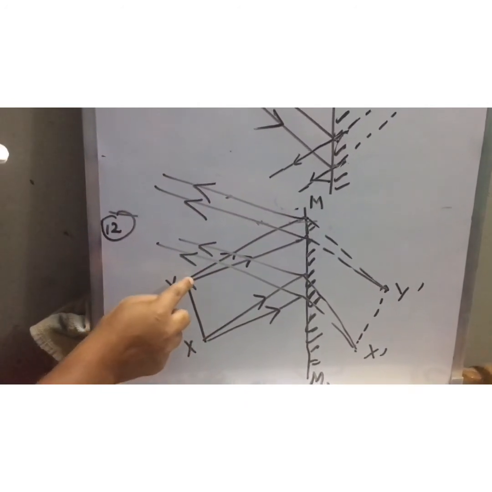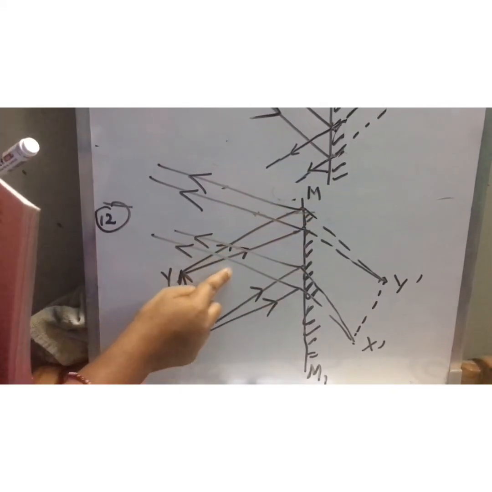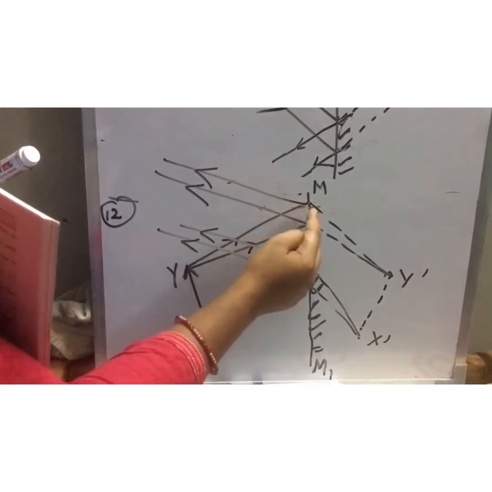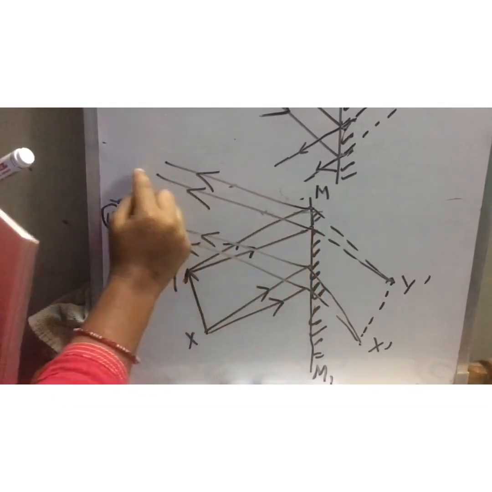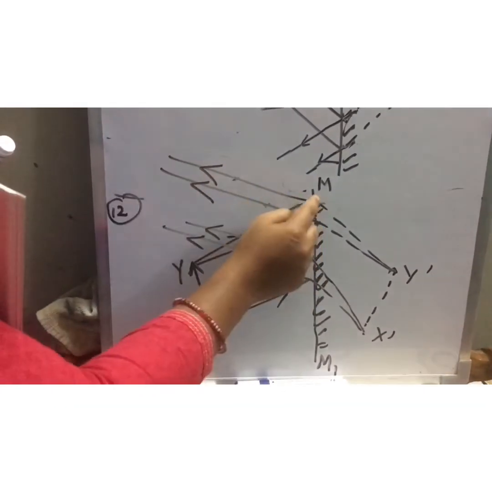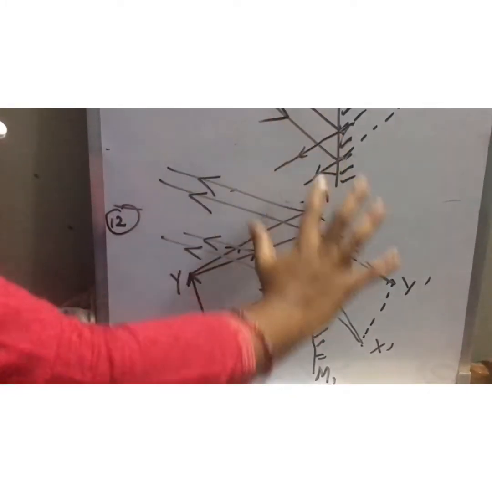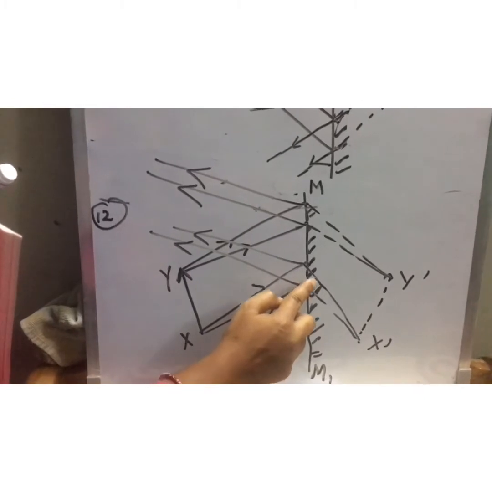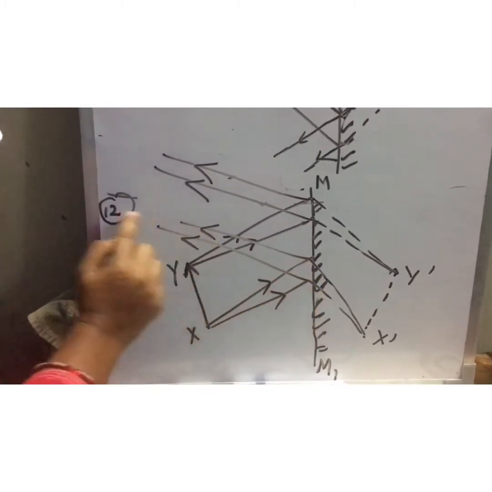So from the point Y I have considered these rays. These are the incident rays. Okay, and after striking this plane mirror, they will reflect back in the same medium. These are the reflected rays. Okay, you can draw the normal. I have not drawn it because it will create confusion there. Then from X also I have considered two incident rays. After striking this surface, they also get reflected back in the same medium.